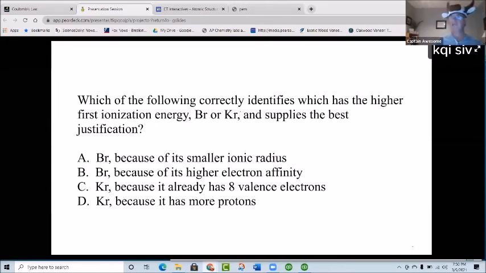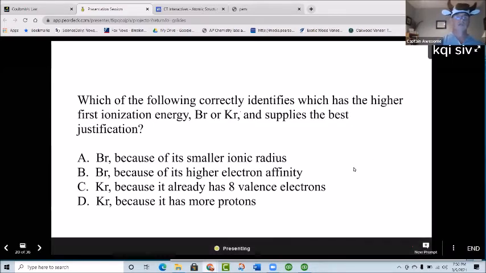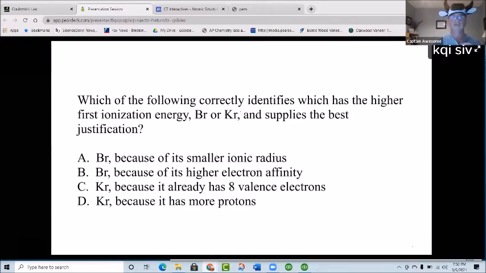And that has everything to do with how easy it is to remove those electrons, where those electrons are kept, and how that influences how something reacts. Right? So with this one, you would look and go, okay, how do I answer this kind of question? Then you would go, okay, well, bromine and krypton are both in the same row. So which one has a greater ionization energy?